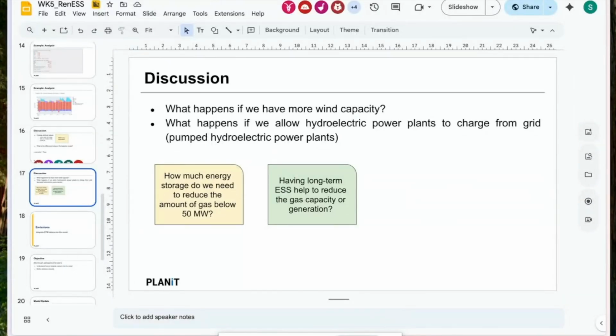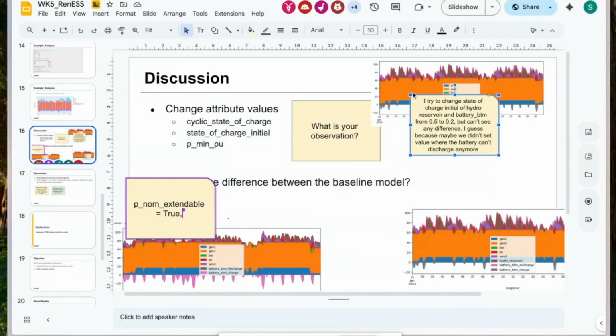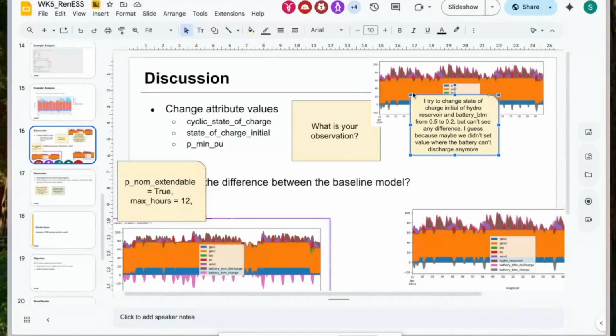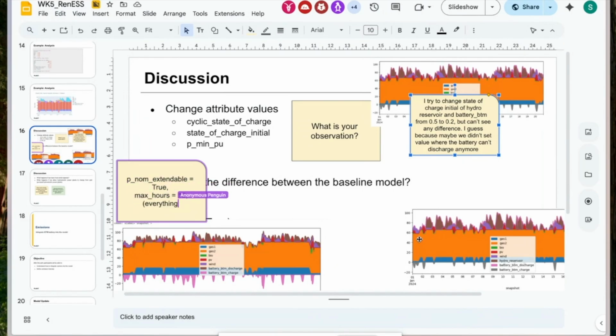Technically, they are the same, just energy storage, but different energy efficiency, I guess. So we have one observation that changed the initial state of charge of the hydro reservoir and battery BTM from 0.5 to 0.2, but can't see any difference. Yeah, I can see the reason because, as you can see from the beginning part